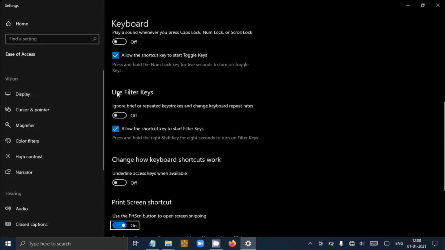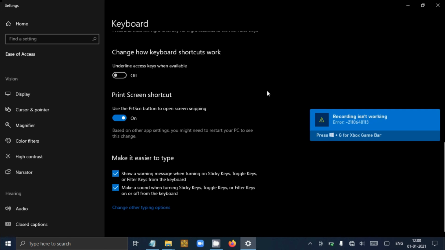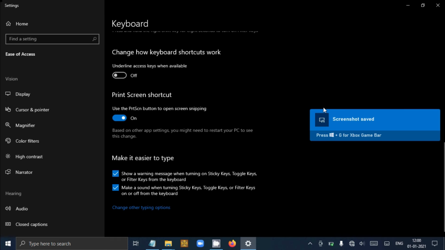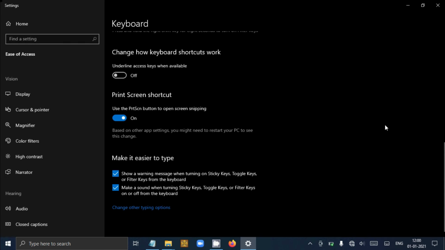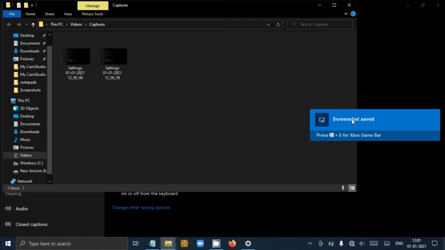Use the print screen keyboard shortcut. Here is the print screen shortcut. Turn on this feature, and if you want to take a screenshot, press Windows plus Alt plus Print Screen and the screenshot will be saved. If you want to see this screenshot, click on this and you can see it. Here is a screenshot.